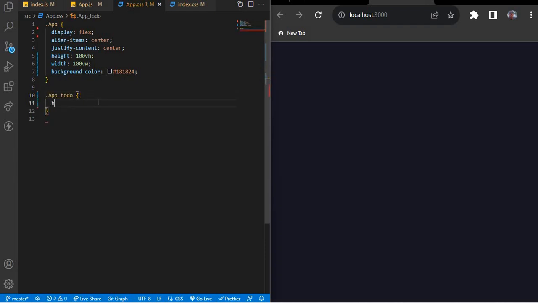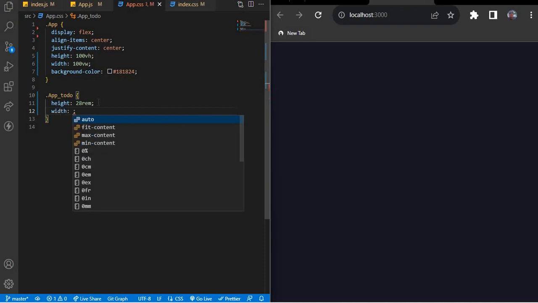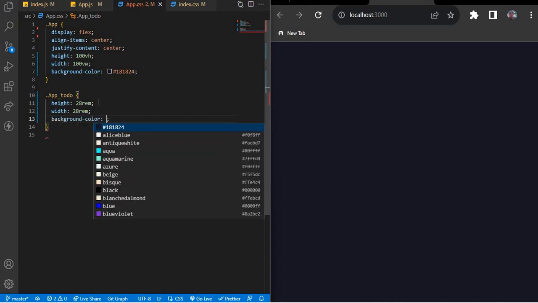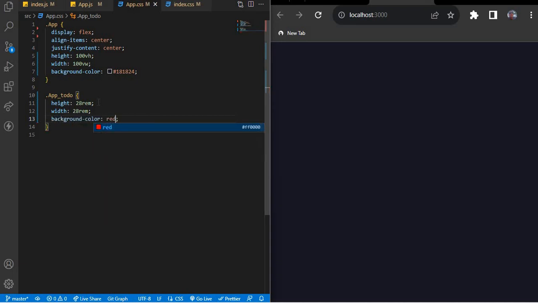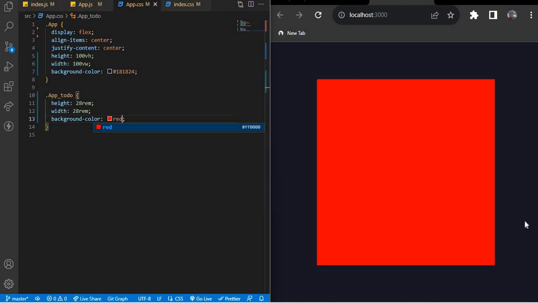Now I'm going to give it a height of 28rem and a width of 28rem as well. Let me give it a background color, say red, so that you see the change. Yeah, so basically this is the size of everything. So let me clear this one,